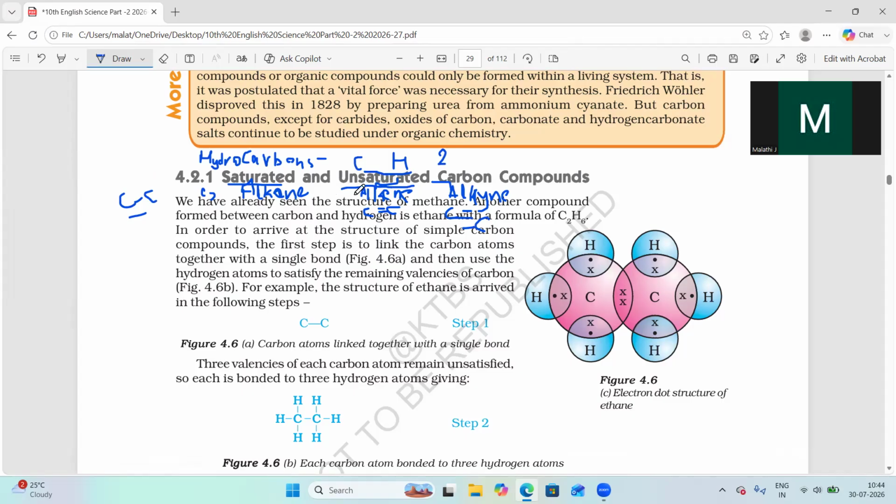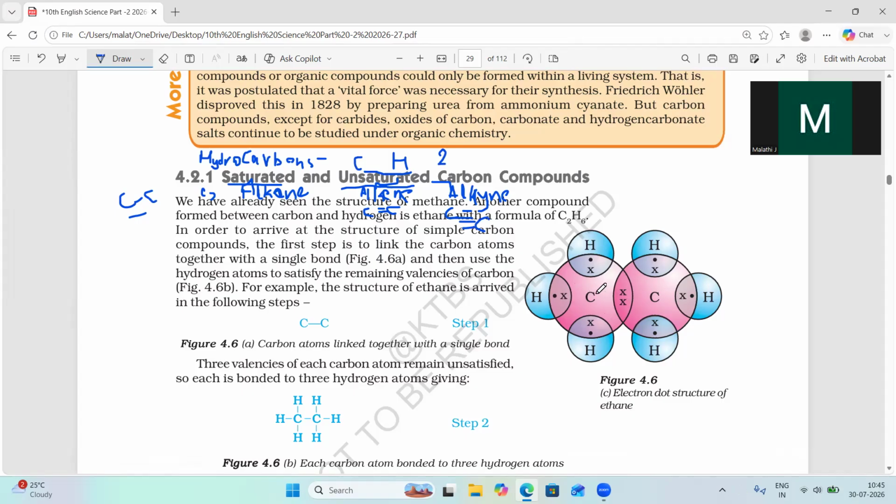Examples of hydrocarbons containing double and triple bonds between the carbon atoms are alkene and alkyne. Alkenes are nothing but carbon-carbon having a double bond, and alkynes are nothing but carbon-carbon having a triple bond. Now if you come to write the dot structure for C2H6 here,